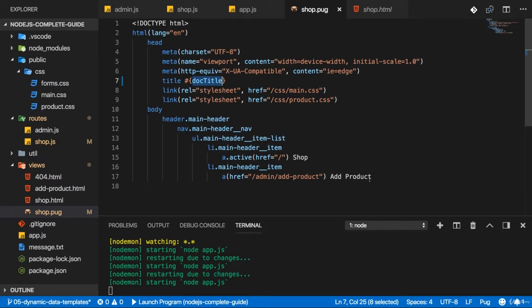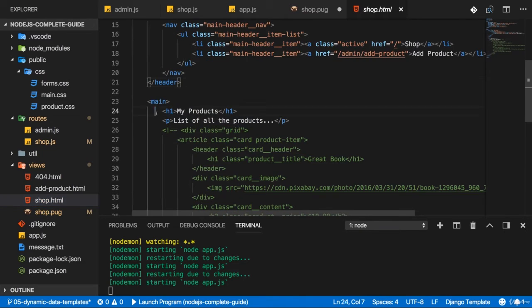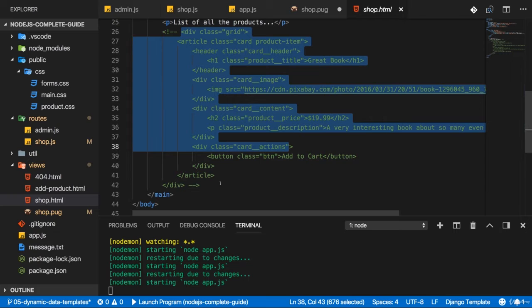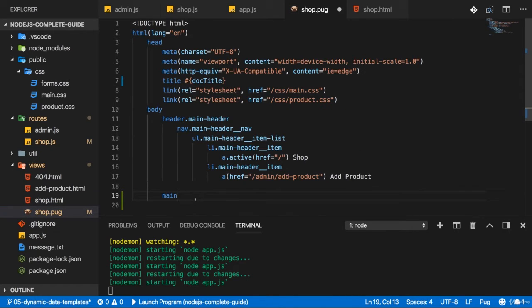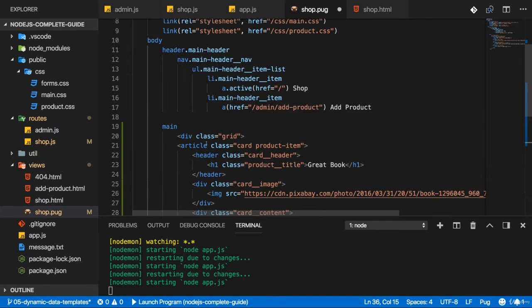Now, of course, we can also use that to output our products. For this, next to the header, so on the same indentation level, this is important because it defines the nesting of the HTML. We can add the main element, just as we have it here. And now I don't want to have this H1 paragraph here. Instead, now I want to output my products with this code. So I'll copy it over, even though it is HTML code, but we'll adjust this and transfer it to Pug